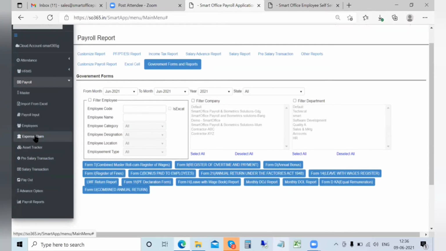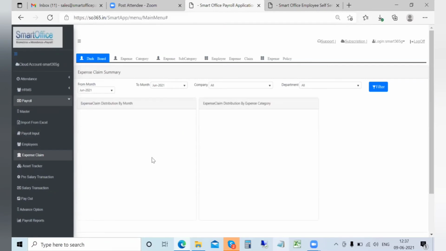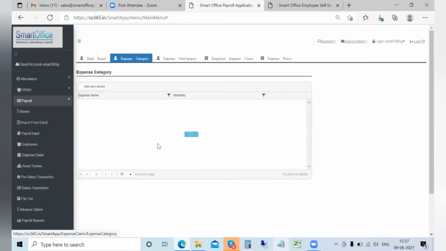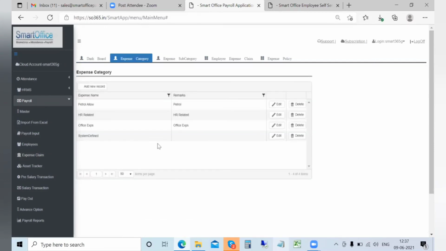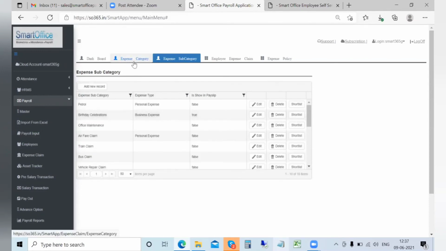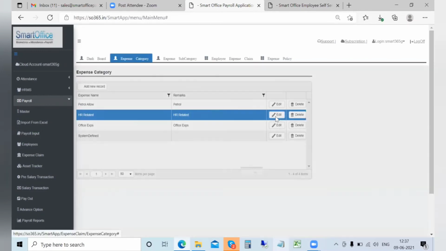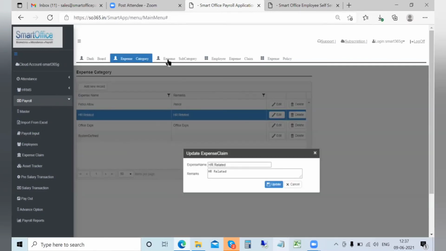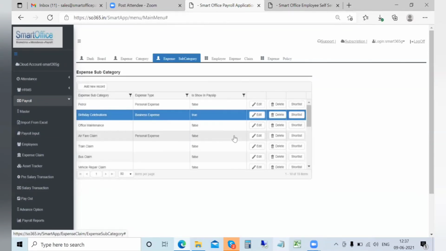One of the options that I just missed is the expense claim part. This is again a very good module which can be used for the expense claim purposes. So you can create a number of categories as in main heads, and then you can create subcategories here. In terms of category, it would be a specific head name that you would create, and this would be a subcategory that you would create.